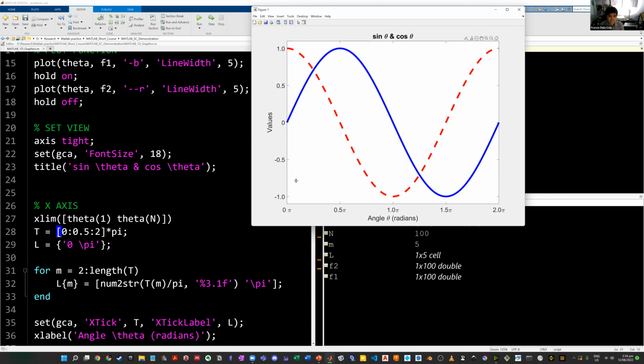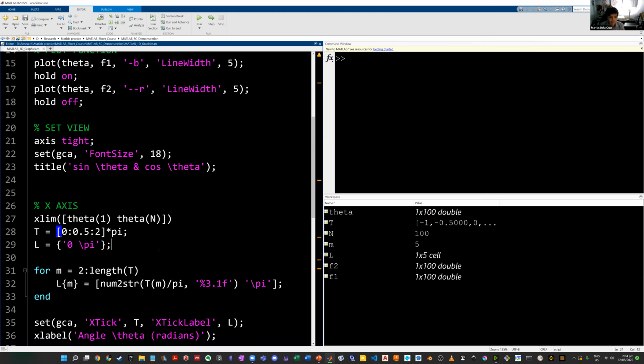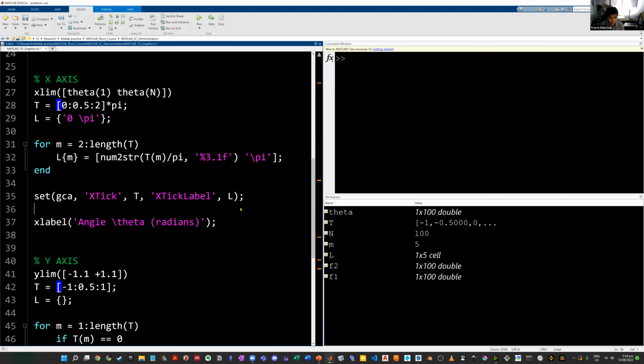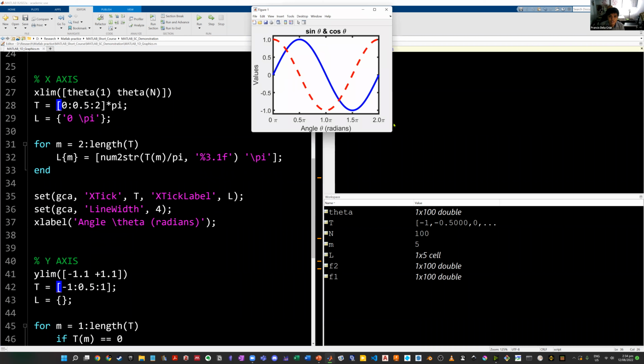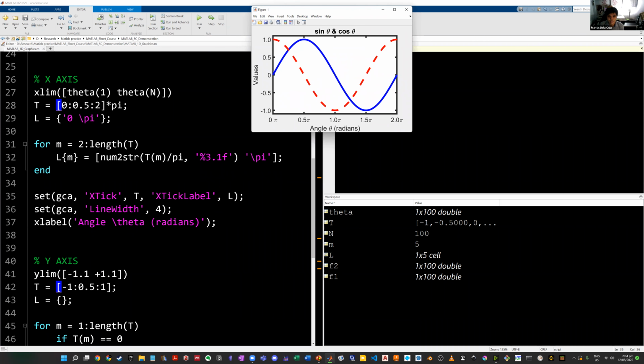We can also extend our plot axis. So I will add some. Set GCA again. And then I want the line width or the border to be thicker. So line width, let's say around 5. Probably it's thick enough, or let's say 4. And then hit enter. And then you will have this. And I think that's the